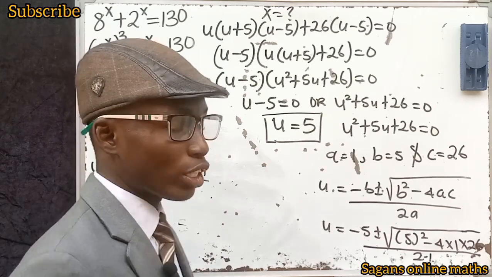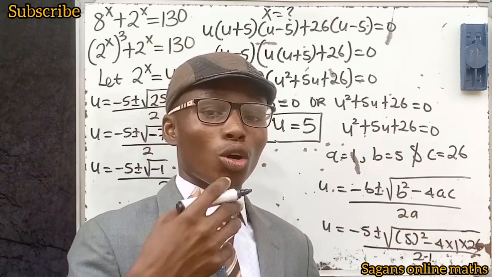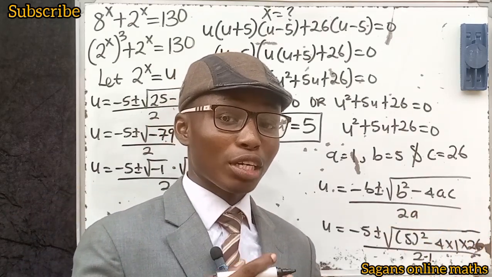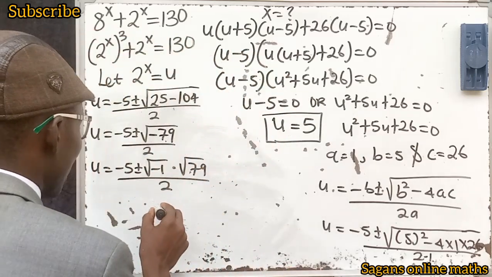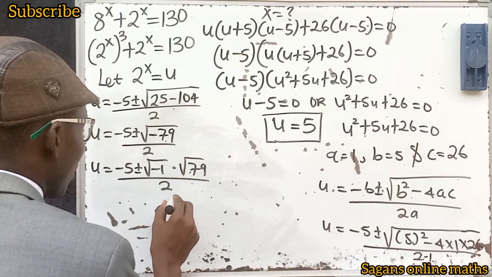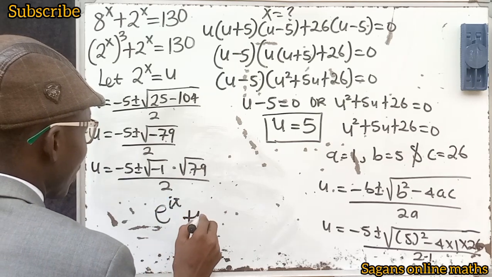Now I want to draw your mind to Euler's identity. Euler's identity contains the 5 most important complex units, which are very important in solving some complex questions. Now Euler's identity says that e to the power i pi, then plus 1 is equal to